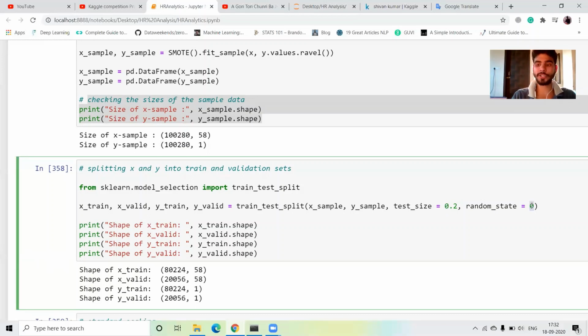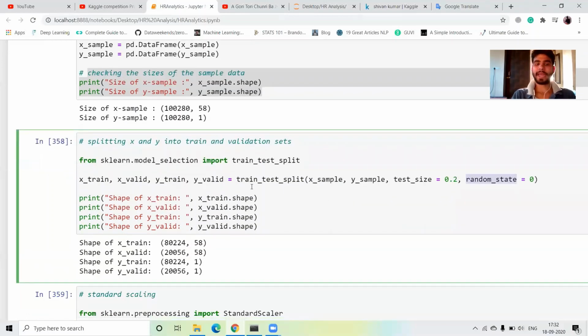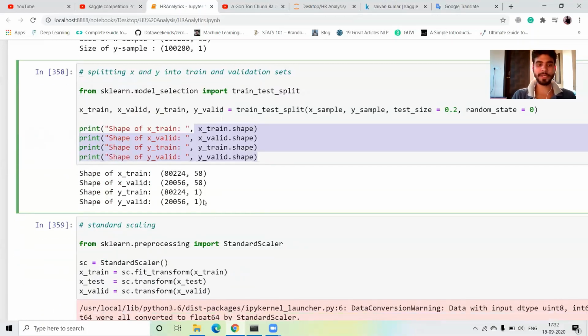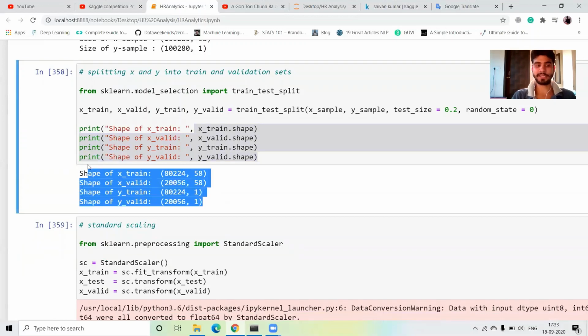Why random state 0? Because when I run this cell again and again, our output does not change. If you have not assigned random state equal to 0, then your output changes again and again. Then I print the shape of X train, Y train, X valid and Y valid. So this is the shape of the data set.